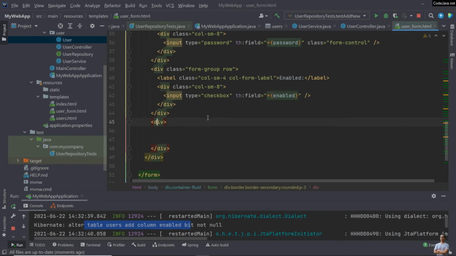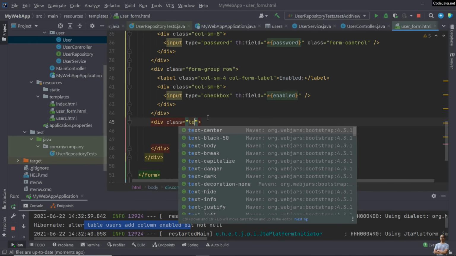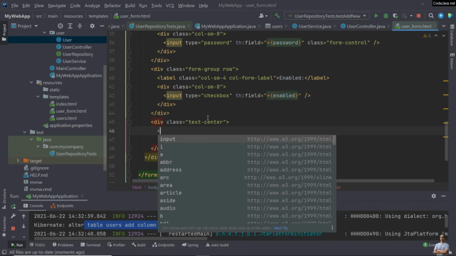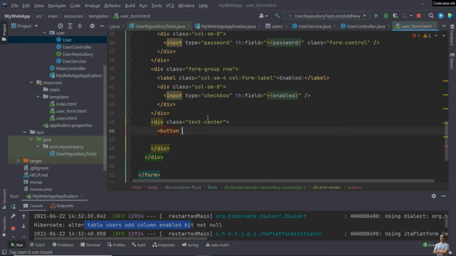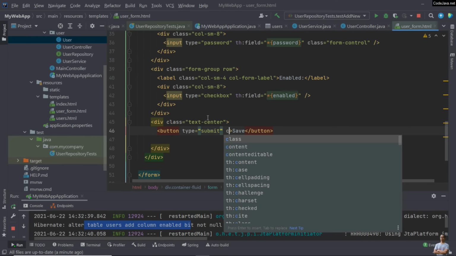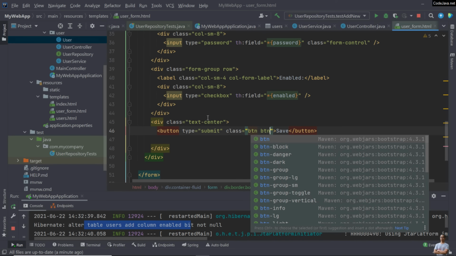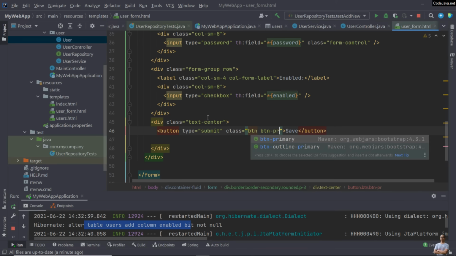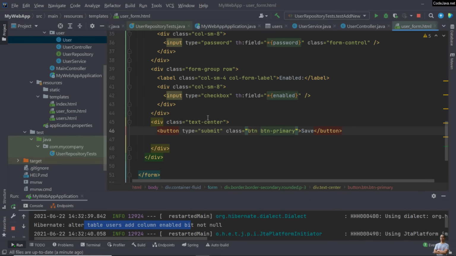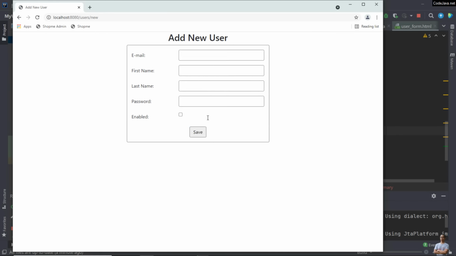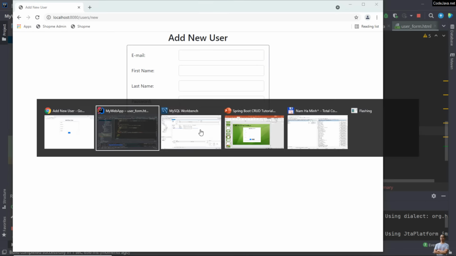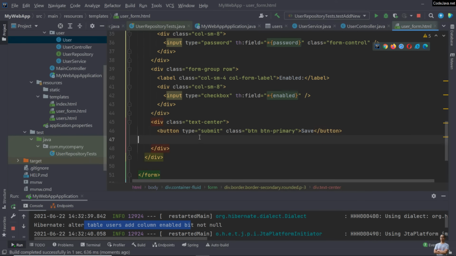Div, class for centering the button, type equals submit with the caption save, and for this button we need to use the Bootstrap class btn for button, btn-primary for the blue color of the button. Now refresh and you can see the save button here,